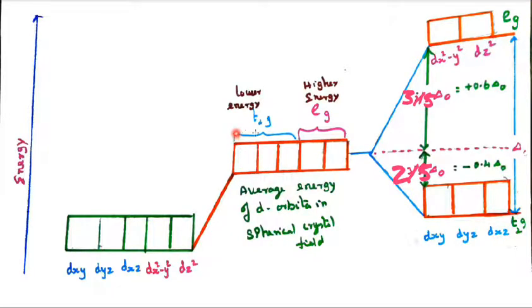So this excited state splits into two sets, one of lower energy and another of higher energy. In octahedral, T2g is at lower energy and Eg at higher energy, dx square minus y square and dz square. This is affected by d3, so what, 3 by 5 del naught, it is plus 0.6 del naught for an octahedral. And here this is disturbed by these two, so 2 by 5 equals 0.4, that is lower energy, a minus. The higher energy is a plus. This is the barycenter, it is called del naught.